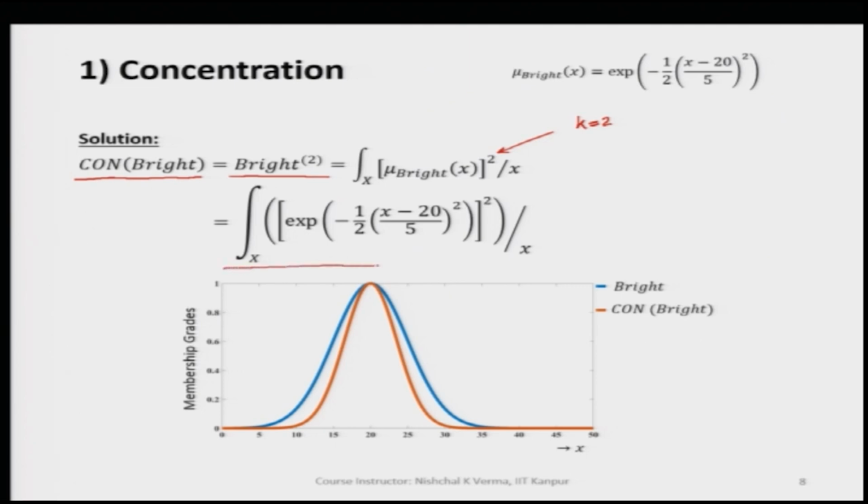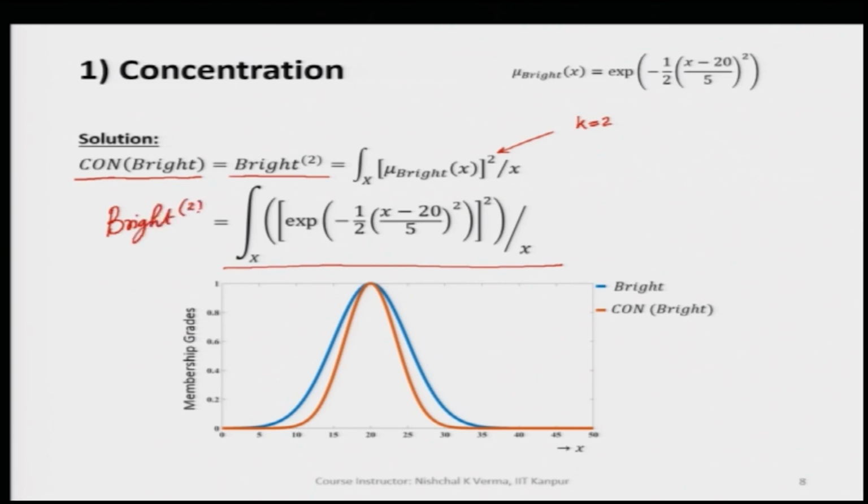When we do that, the whole fuzzy set can be written as the integral over x of the membership function, which is e raised to the power minus 1 by 2 into x minus 20 over 5, whole raised to the power 2, and then again whatever is here as the membership function is squared, meaning raised to the power 2, and then dx. So, this is con bright again, or in other words we can write here bright